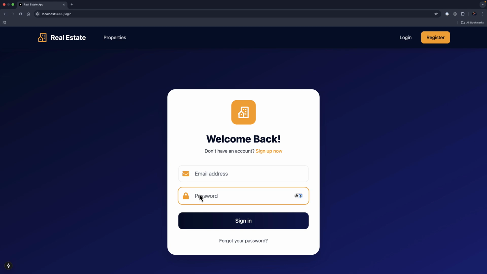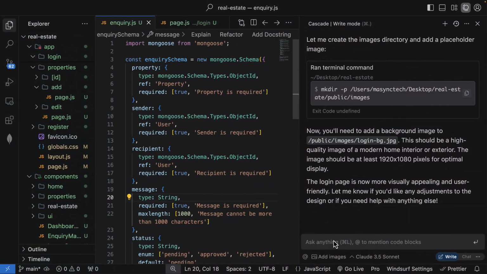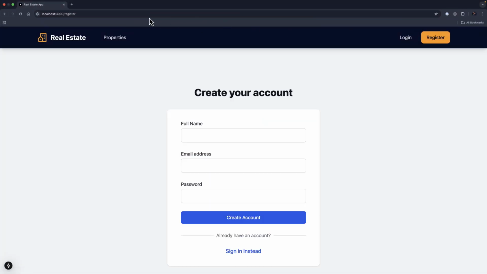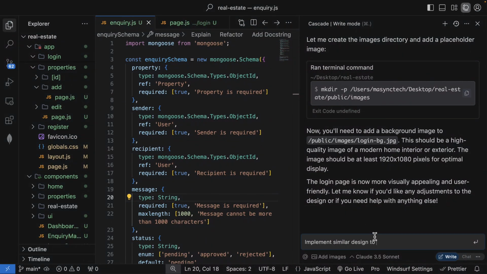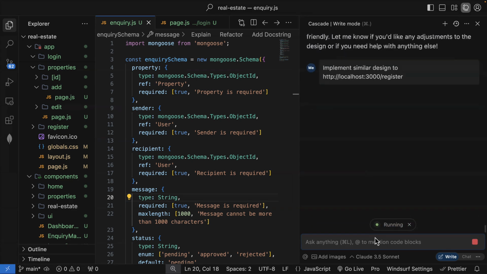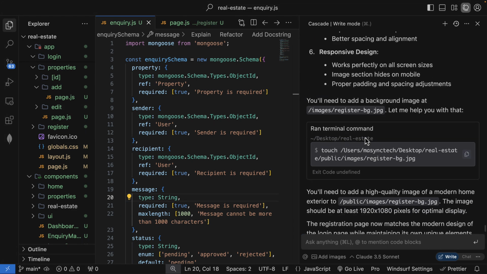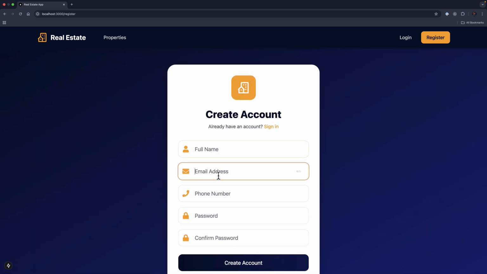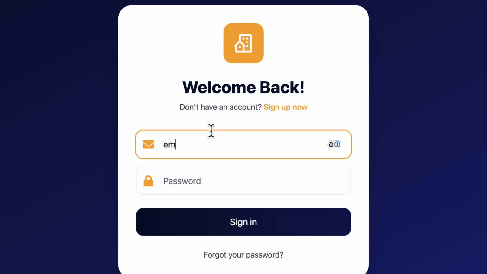We are going to implement something similar to the registration. So I'm going to say implement a similar design to, and then I'm going to provide the registration form, and that is the path, and hit enter. Alright, so let's look at the preview, and indeed we have this design. Let me log in to confirm if everything is working fine,